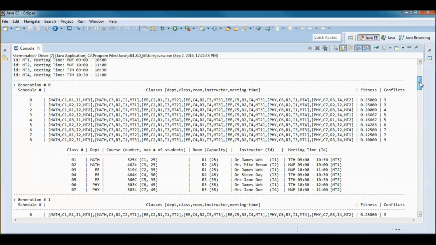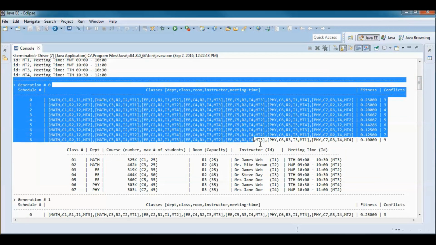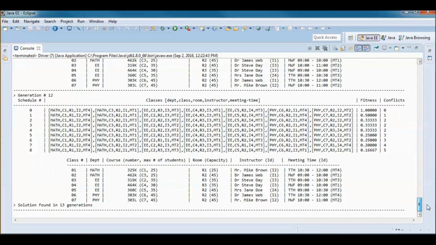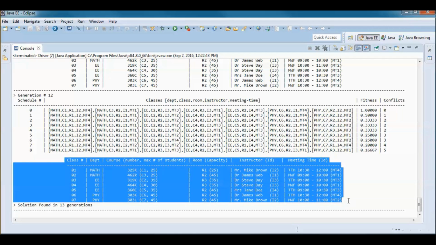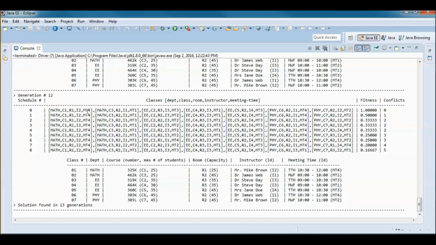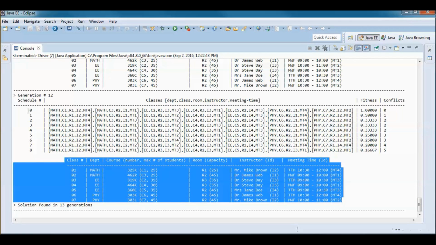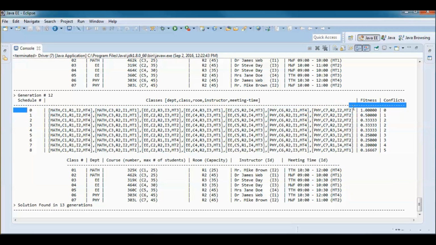So here we run the application and we go from generation 0 to generation 12, where we find this class schedule with no conflicts. So this is a table format of this schedule here with a fitness of 1 and 0 conflicts.